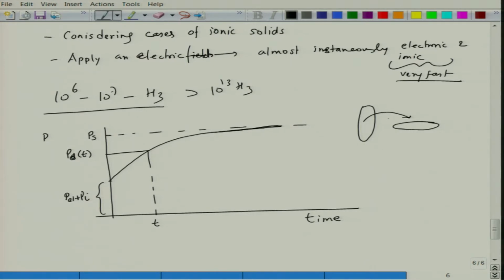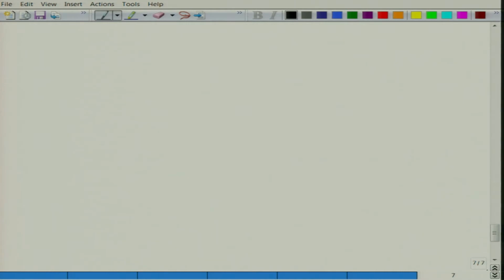So, this is what you apply the electric field to, it has to come to this direction, but it has to rotate, it has to undergo a rotation in the matrix or in the structure. So, correspondingly, if we assume this model to be true, then we can write the rate of change of polarization